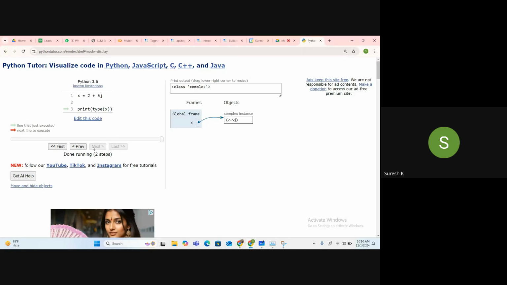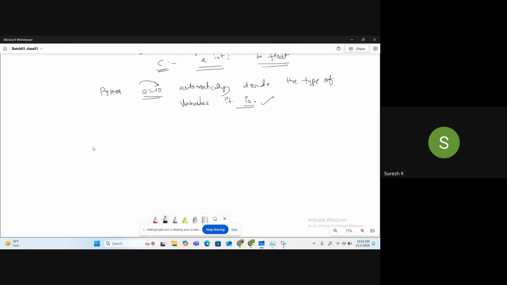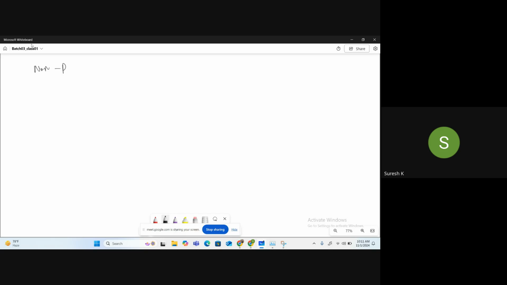What is this? Complex data structure. Now we will go to the first non-primitive. What do you mean by non-primitive? It can store multiple values.